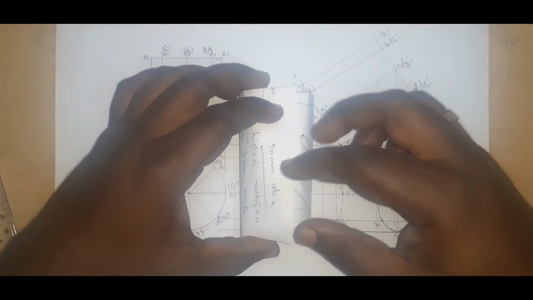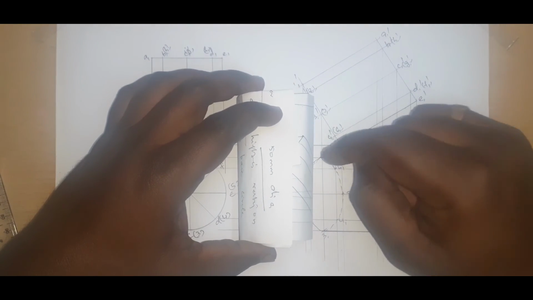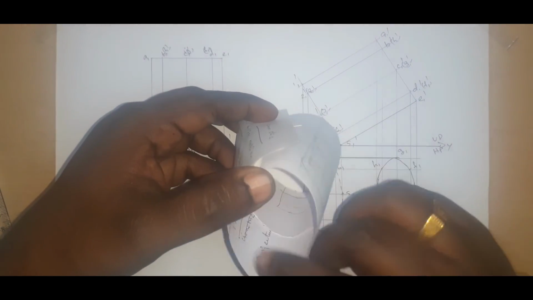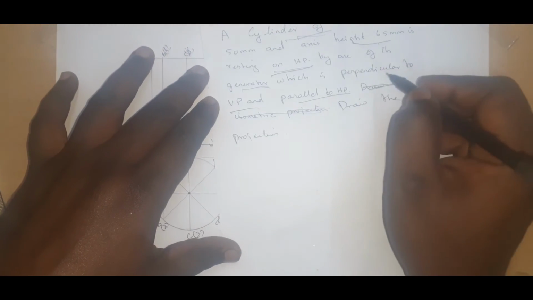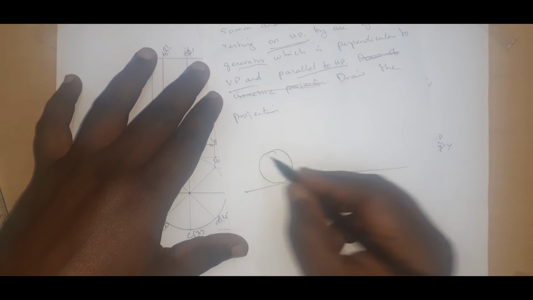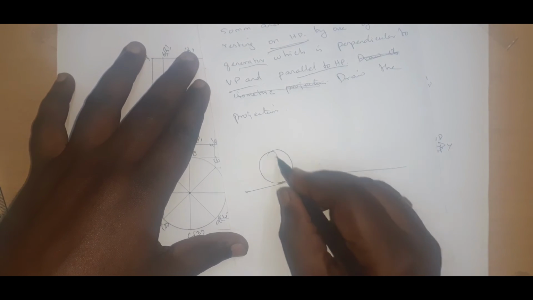While seeing from the top, you can see only the rectangle. While seeing from the front view, you are able to see the cylinder. So in the vertical plane only, you can see the cylindrical circle. You need to understand with what it is resting. That is why I have given the question with what it is resting. It is resting with one of its generators. So the circle has to be here. The base has to touch the XY line. That is very, very important.